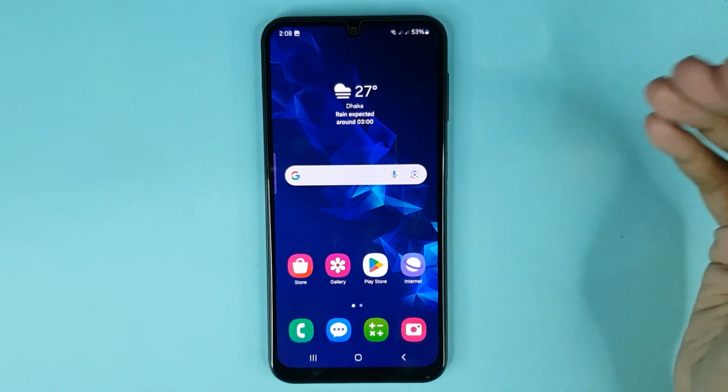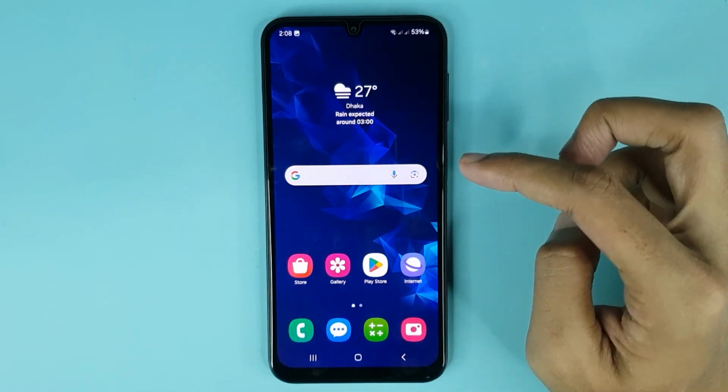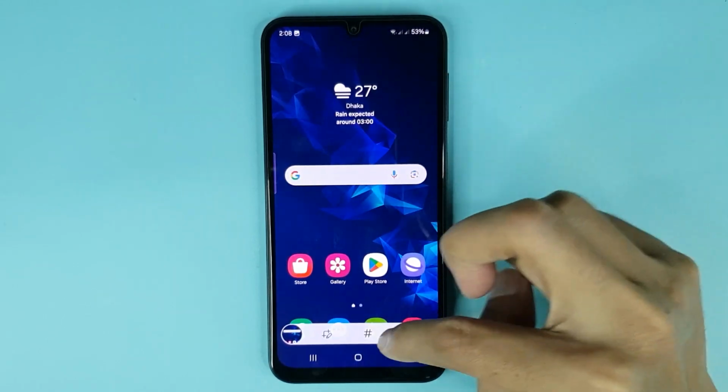in today's video I'm going to show you how to find a screenshot in your Android phone. So at first, if I take a screenshot, now if you want to find this taken screenshot, just